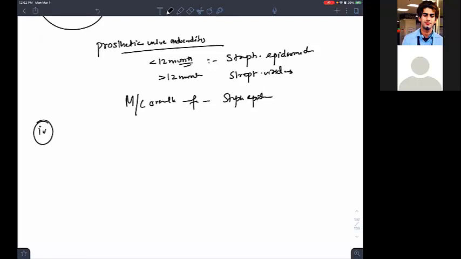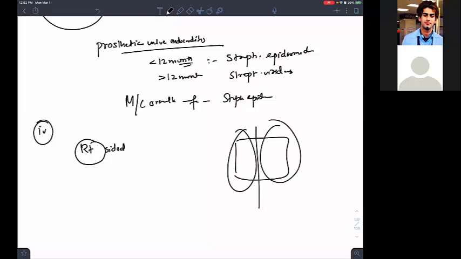So what will be the most common cause of endocarditis in an IV drug user if he has a right-sided endocarditis? Right-sided means you have two sides, isn't it? This is the right heart, this is the left heart, isn't it? We are dividing the heart when we are reading the physiology into right-side heart and left heart. Right side is contributed by right atrium and right ventricle, and left side by left atrium and left ventricle. So we say right-sided endocarditis. If the IV drug abuser is presenting with right-sided endocarditis, we always say the most common cause is Staph aureus. Right-sided Staph aureus.